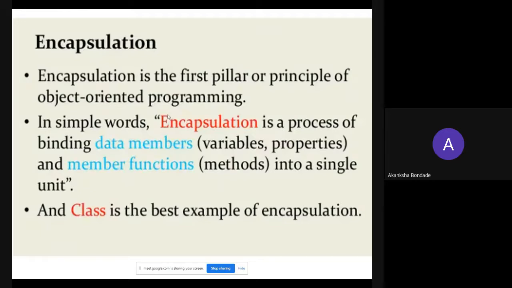But in OOPS, data is hidden from the main function, so data is encapsulated in the classes. In simple words, encapsulation is a process of binding data variables, properties and member functions into a single unit, and the class is the best example of encapsulation.